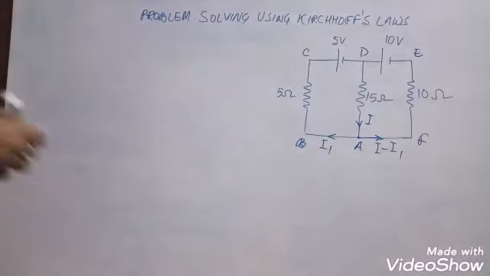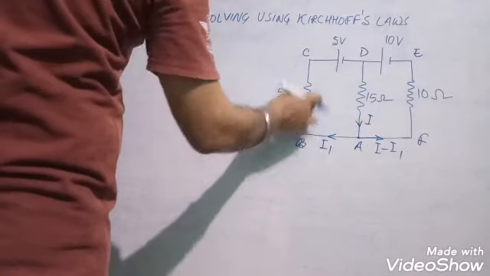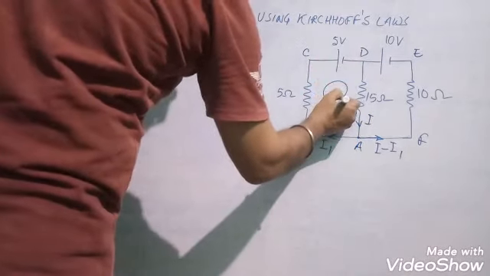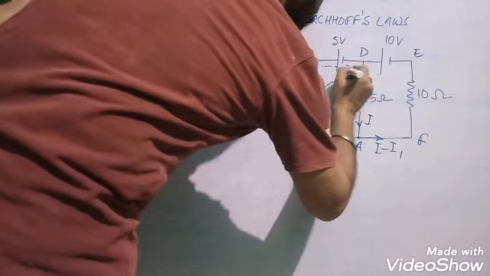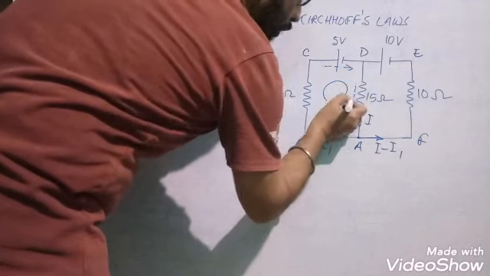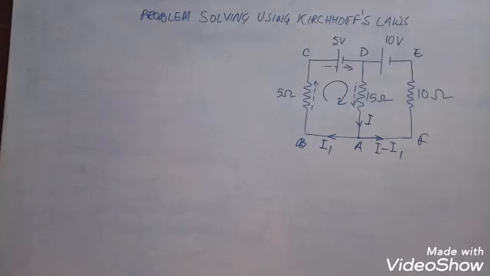We have named the vertices. And what will we do, one by one we will traverse any two loops of the circuit. So first of all we will traverse the loop A, B, C, D in clockwise sense. So the direction of path is as I am showing with the help of dotted arrows. So there are three circuit elements. So this is the direction of path across each of the circuit element.